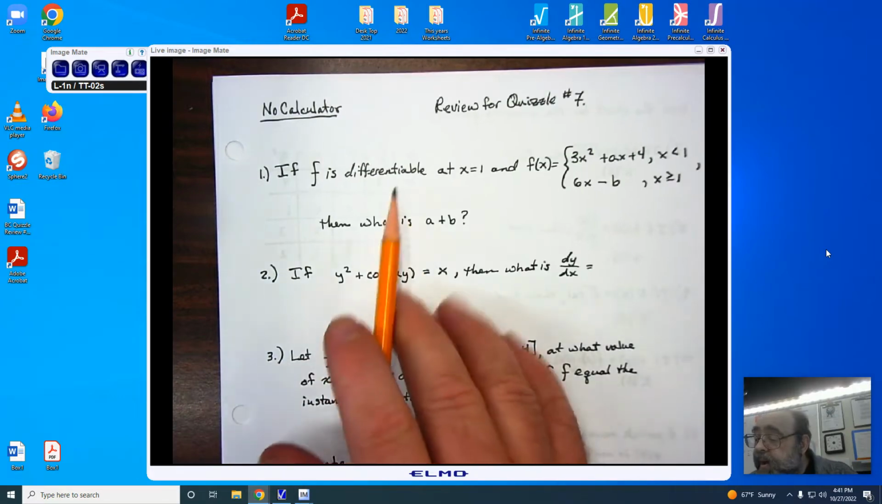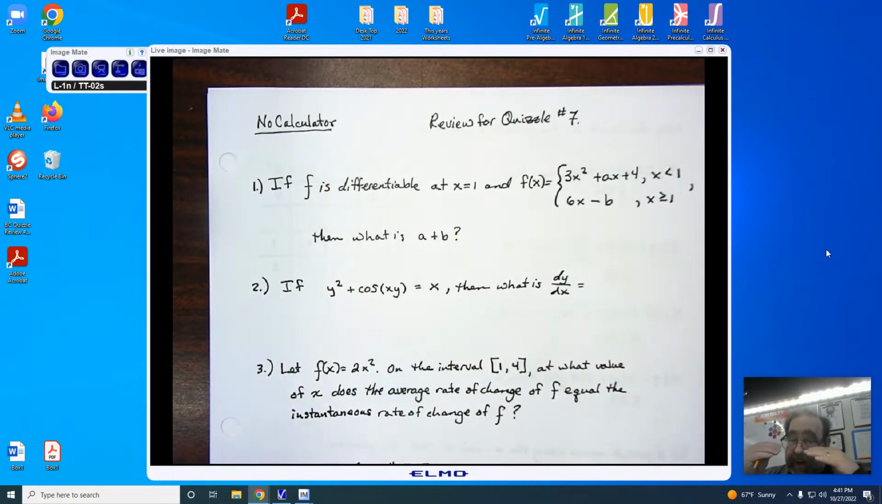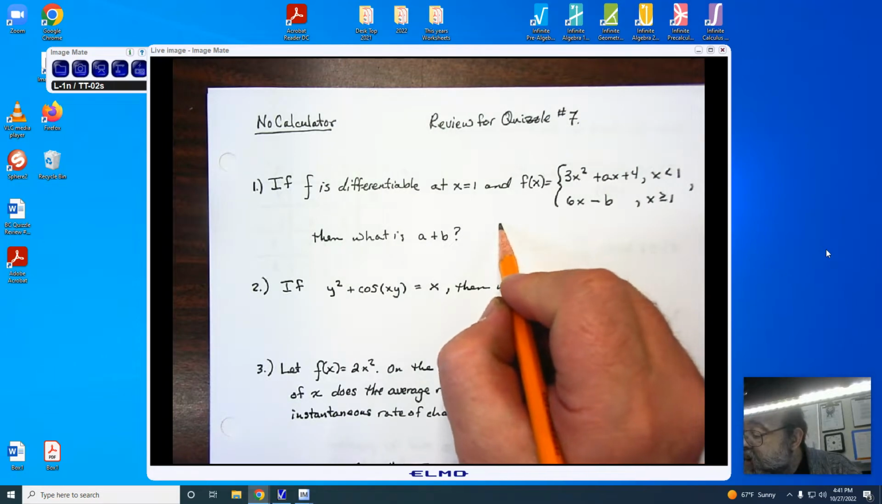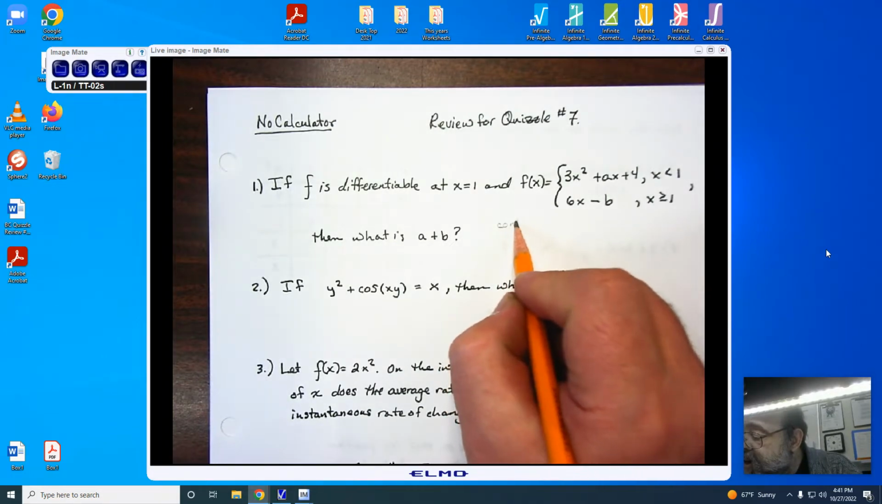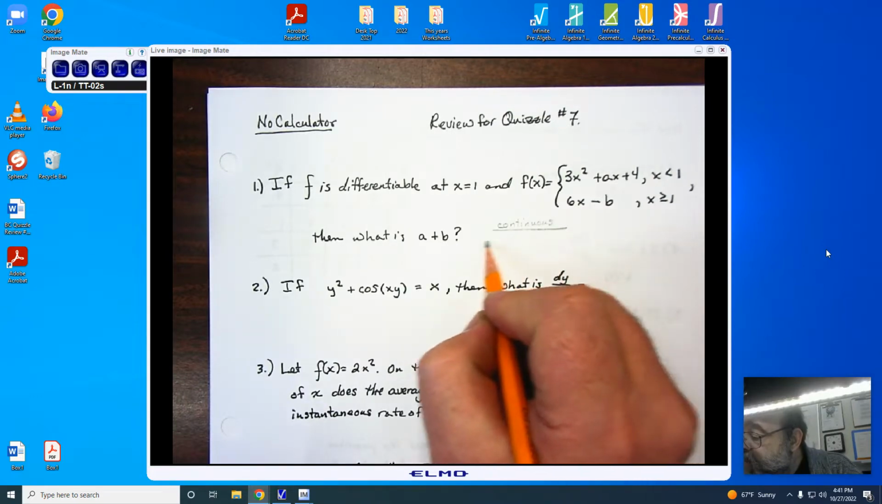In order to determine whether f is differentiable at x equals 1, we have to have a situation where the two values are going to have the same beginning and end. So where one function ends, the other half has to begin. This is the idea of continuous. So I like to write continuous, and then I put my derivative,